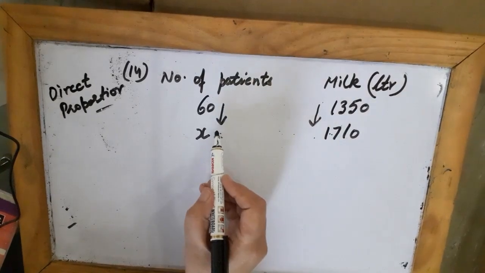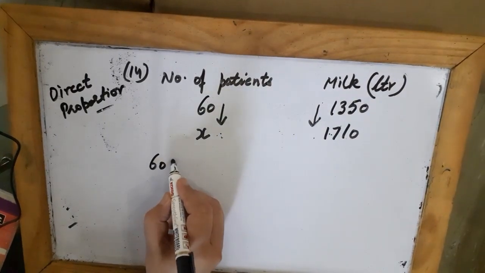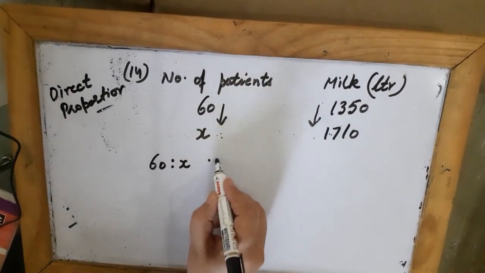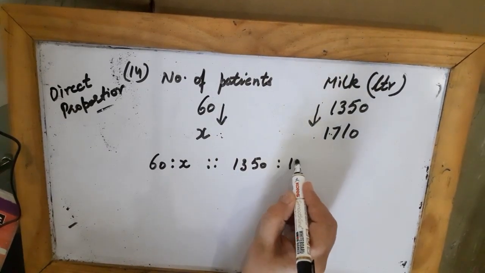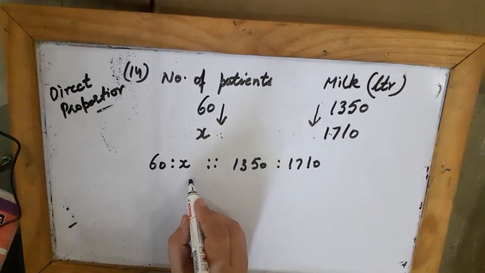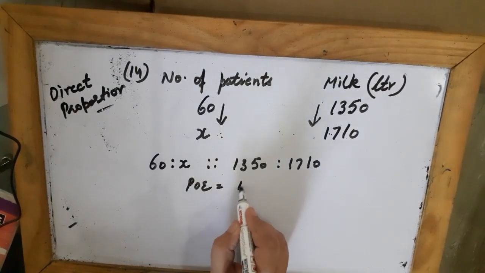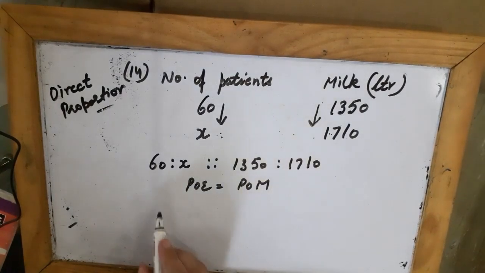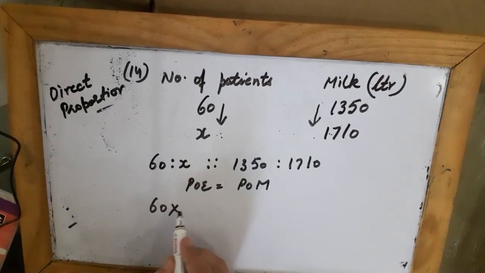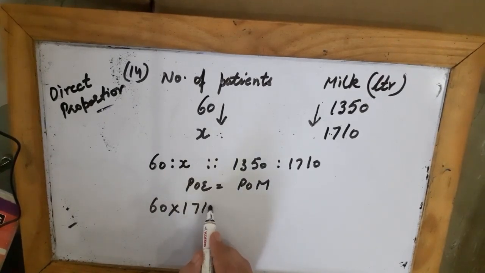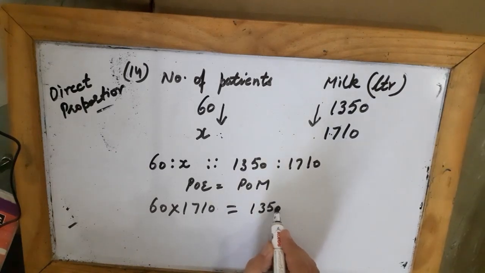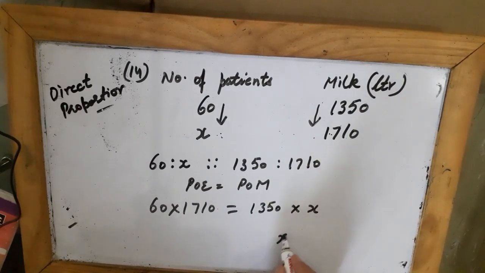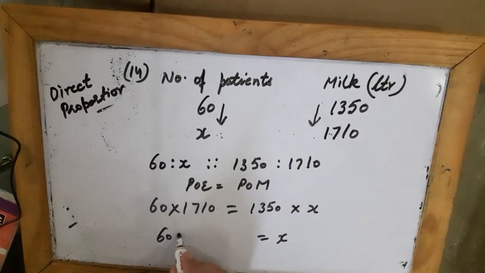Increase in one causes increase in the other. So 60 is to x as 1350 is to 1710. So product of extremes is equal to product of means. So 60 into 1710 is equal to 1350 into x. So to find x, 60 into 1710 upon